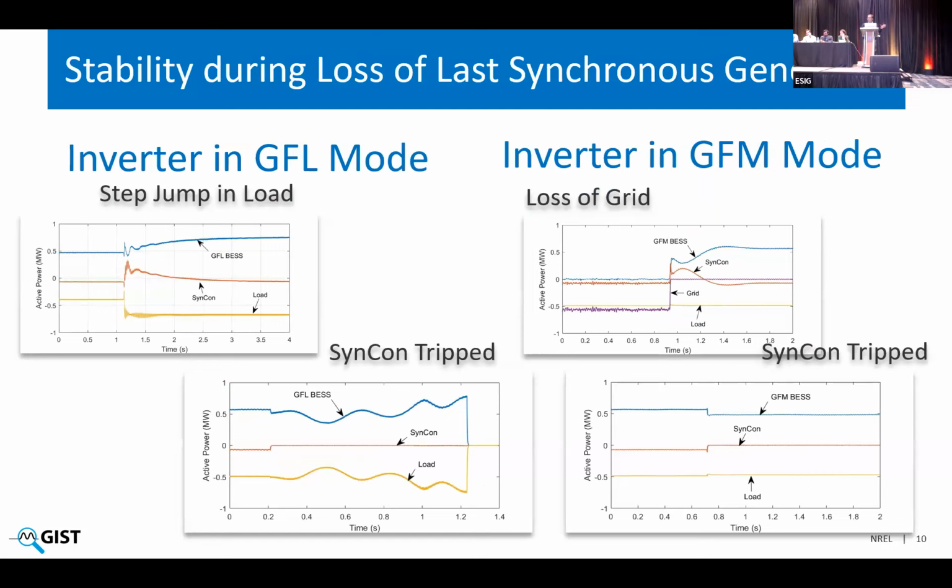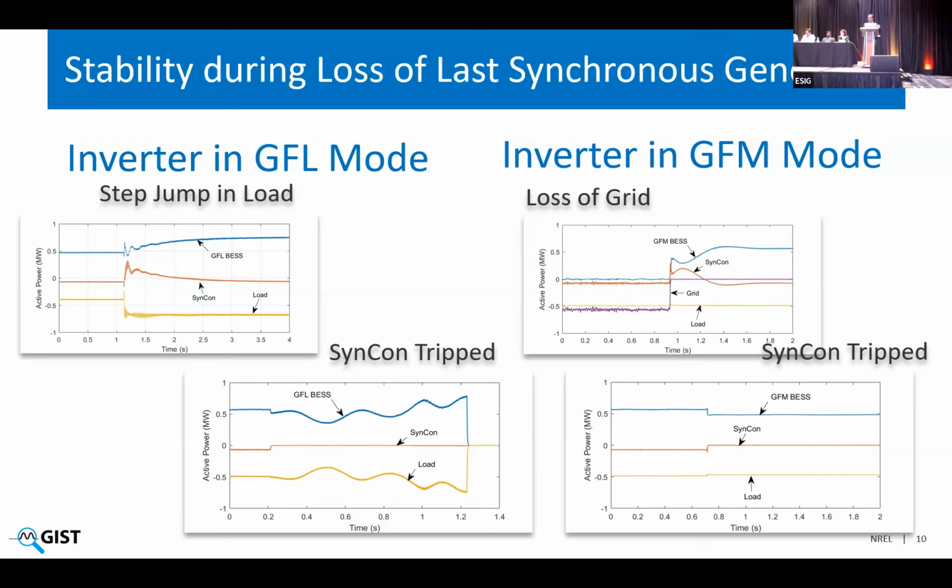So when the inverter is operating in the grid following mode, particularly the left-sided results, if we apply a step change in the load, you see the synchronous condenser, the red trace, is really supplying the majority of the load in the initial part after the disturbance, and then the grid following battery energy storage system takes up the load, because the synchronous condenser cannot supply the mismatch between load and generation in steady state. So here the synchronous condenser is really stabilizing the grid. The grid following inverter is actually doing the power balancing part.